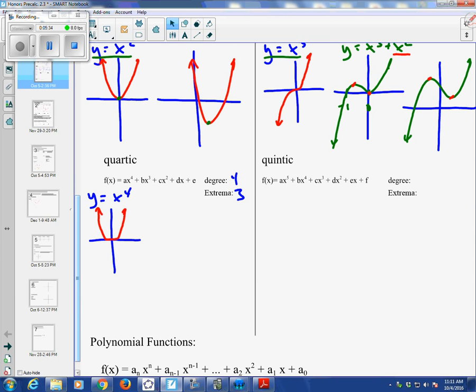Now right here, that at most 3 extrema is going to mean 3 extrema or 1 extrema, right? Because in our most basic case, really all we have is a min. But again, if we get more terms involved, we're going to see our contours more pronounced. And basically what we can say is that a quartic is going to have all the same contours of a